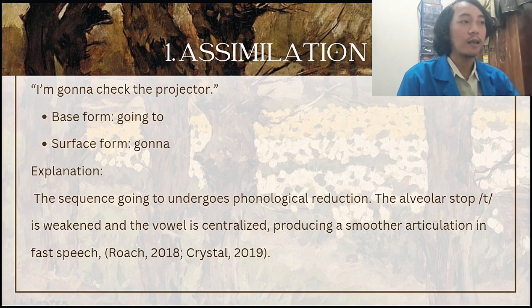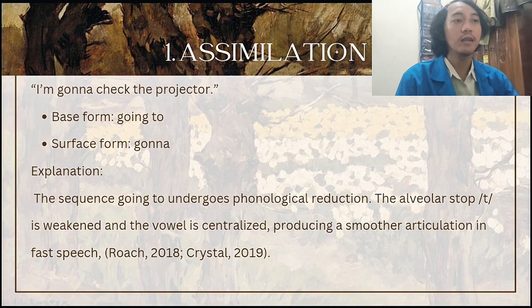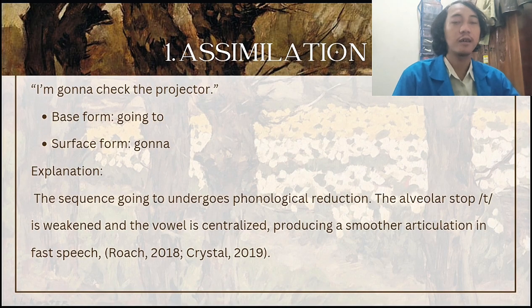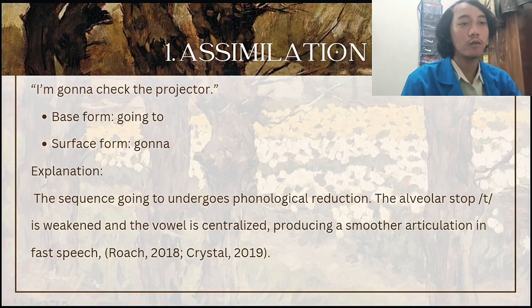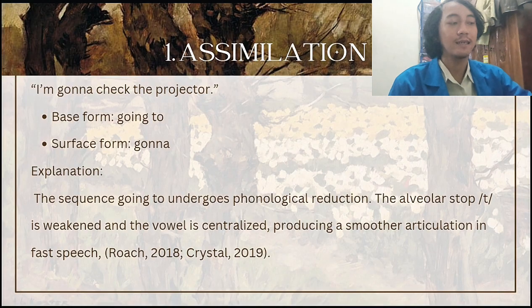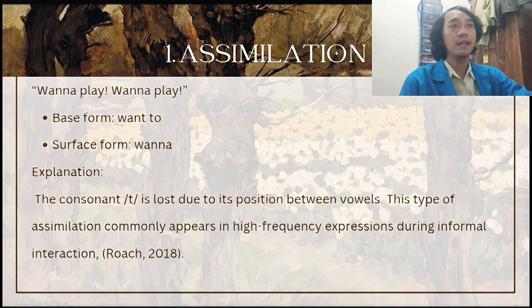The alveolar stop th is weakened and the vowel is centralized, producing a smoother articulation in fast speech. This explanation follows Roach 2018 and Crystal 2019. The next slide,